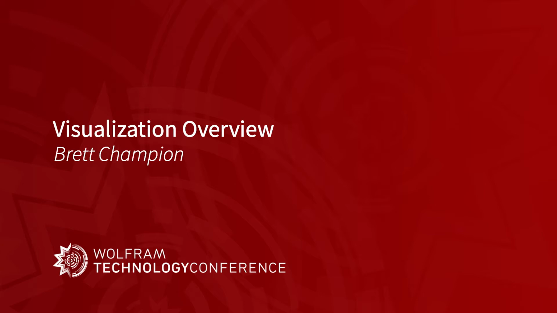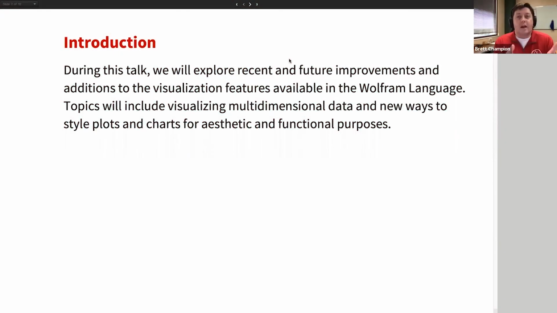We have a lot of things to cover today, so we will jump right in. I'm going to cover questions at the end of the talk so I can get through as much of my material as possible. We're going to be looking at what's new in visualization in the Wolfram language from version 12.2 through the upcoming version 13. I'm going to do it a little bit out of order. I'm going to start with version 12.3 material, then do the version 13 material, and then come back around to show off what was new in 12.2